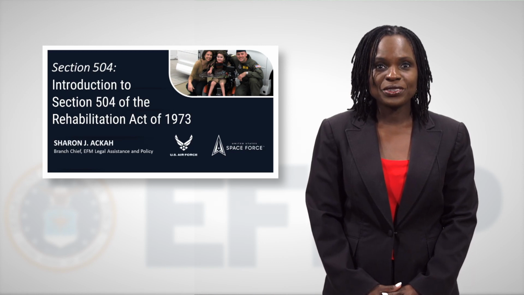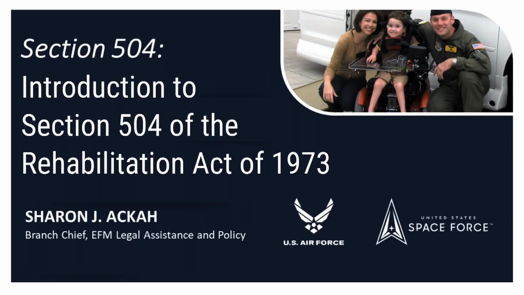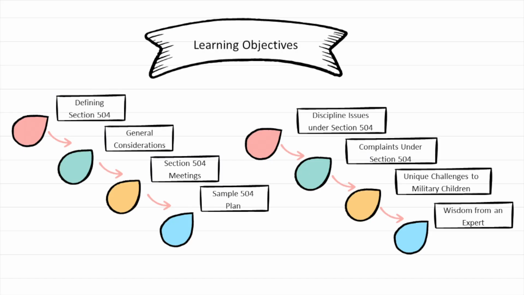I am happy to bring you another series of education law videos intended to strengthen your toolkit for special education advocacy. This first video introduces Section 504 of the Rehabilitation Act of 1973 and begins to define the key requirements for its applicability. In addition to discussing eligibility, the video offers clarifications on terms such as impairment, major life activity, and substantial limitation. We will also talk about general considerations to keep in mind when discussing Section 504 accommodations in